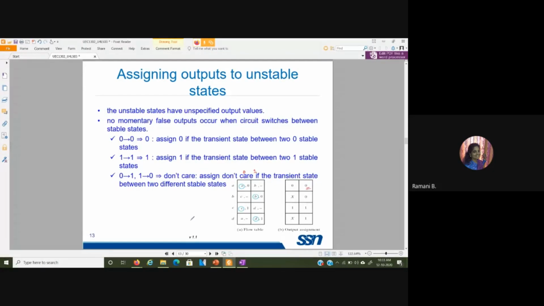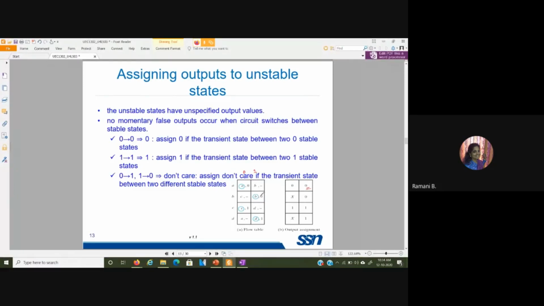During the transition, if you are in one stable state and you are reaching another stable state, if both the stable states have same output value, you can give the don't care value to be that particular output value itself. Do you understand that? Yes, ma'am.